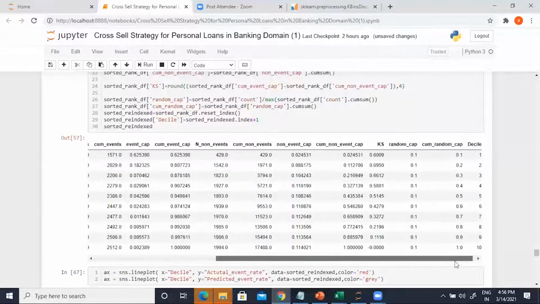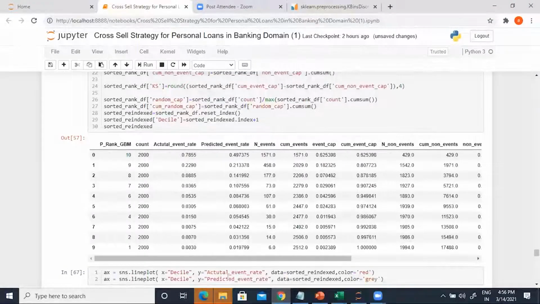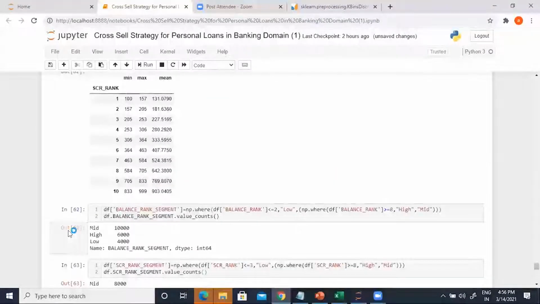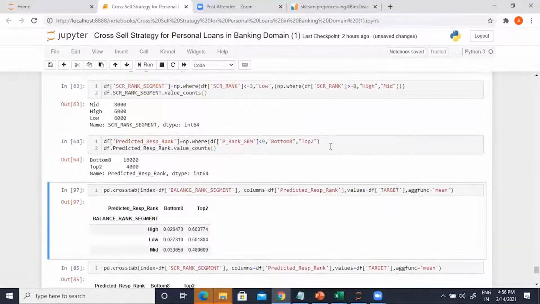So I can decide to only target the top two. The fewer I have to target is actually better for my marketing profitability because I have to target a smaller number of people. So I'm creating top two and bottom 8. Now, let's check whether this makes sense.